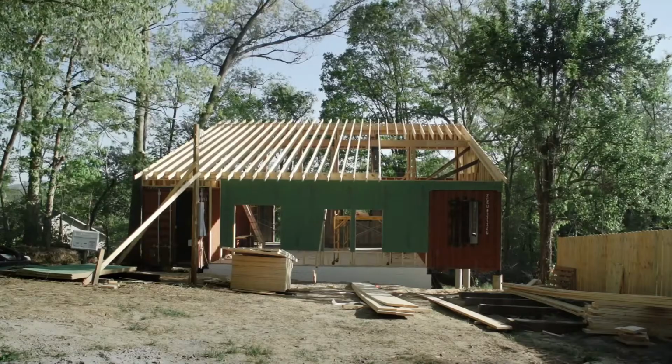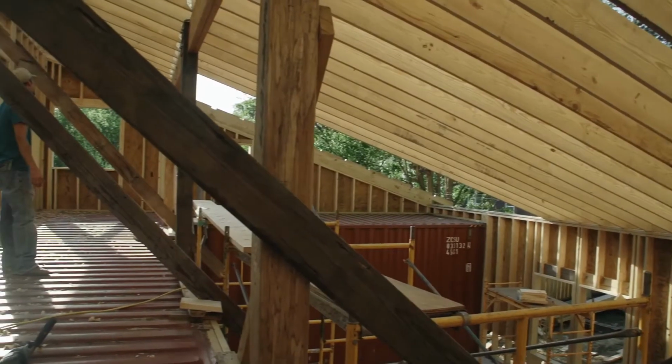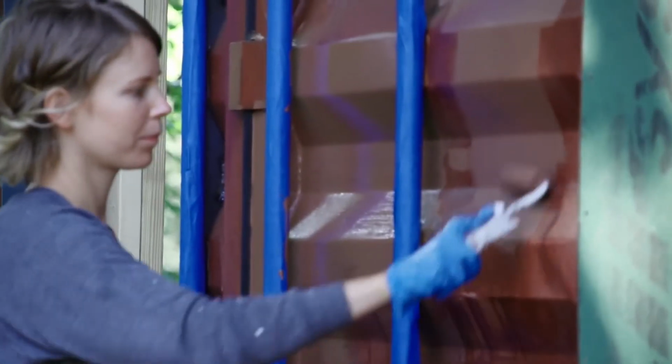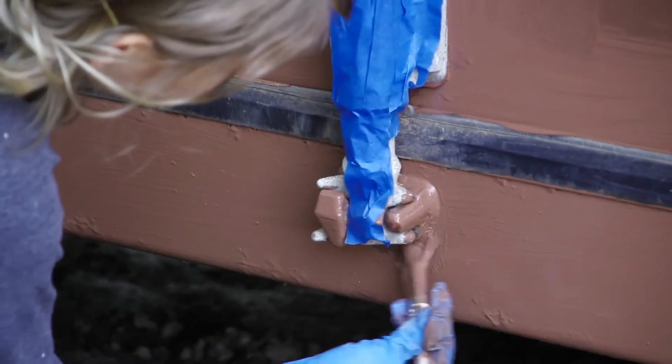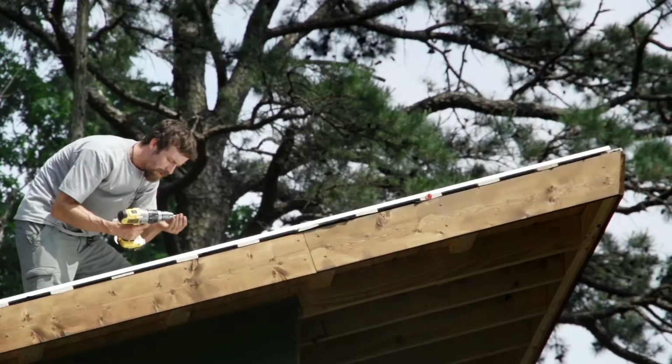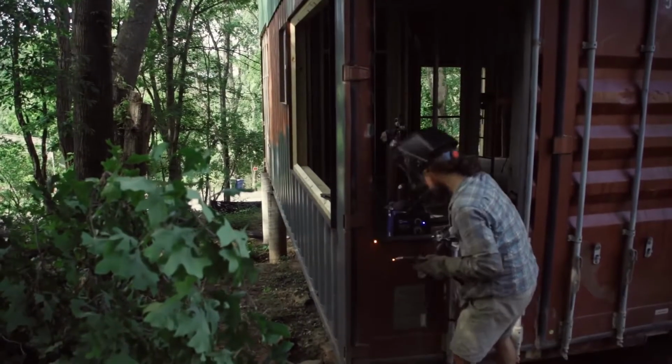Once we decided we're just going for a certificate of occupancy, really an unfinished house in a lot of ways, it's like, oh okay, that takes care of the budget, we're good to go. And then, oh shit, it's $75,000 to move in. It's not super depressing, but it is a little bit like,